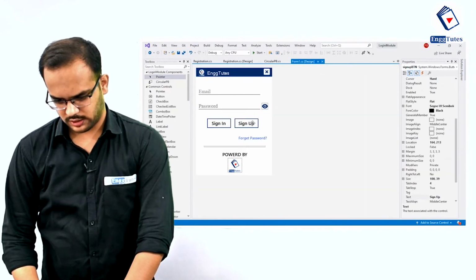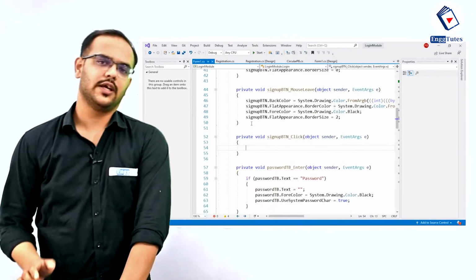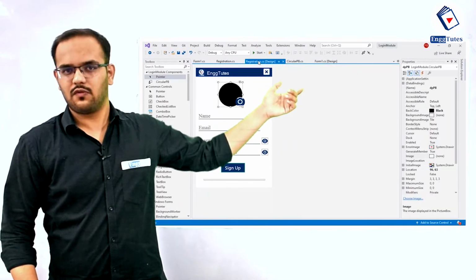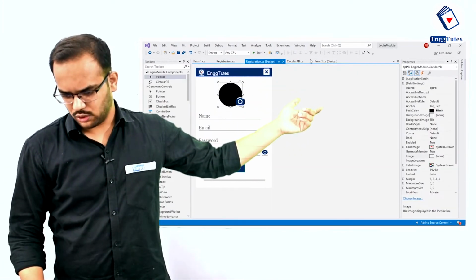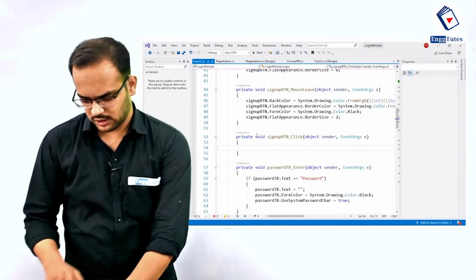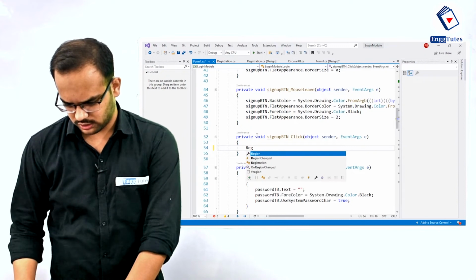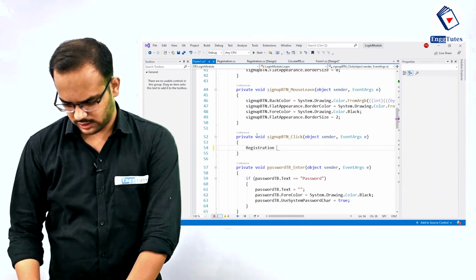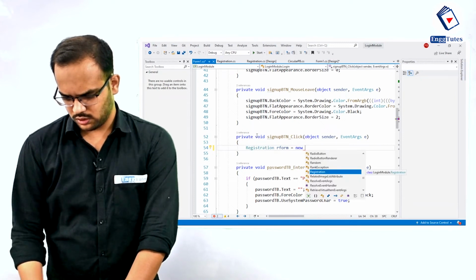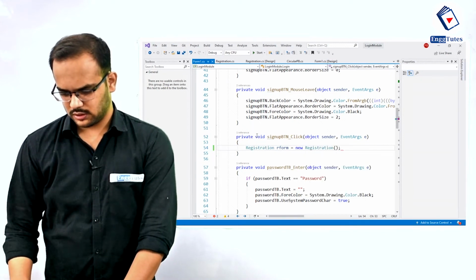So Form1 and sign up. Here what I need to do, now we have another form. Again, a form is nothing but a class. So after clicking on the sign up button, we need to create an object of that class. So what is our class? Registration. So let's say our form equals new Registration.